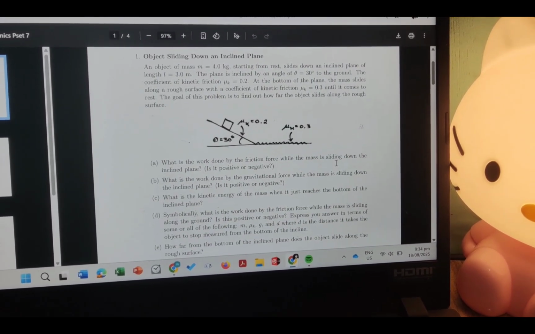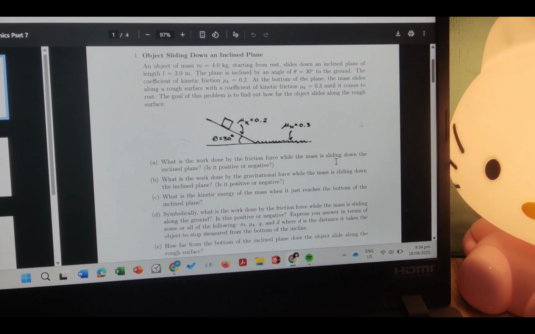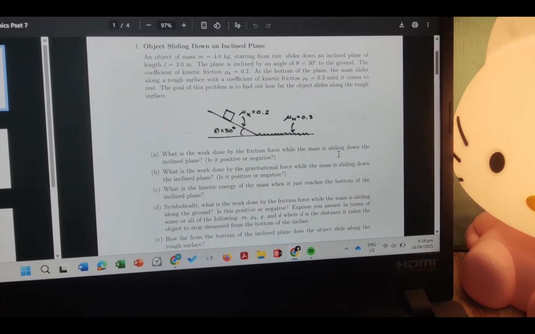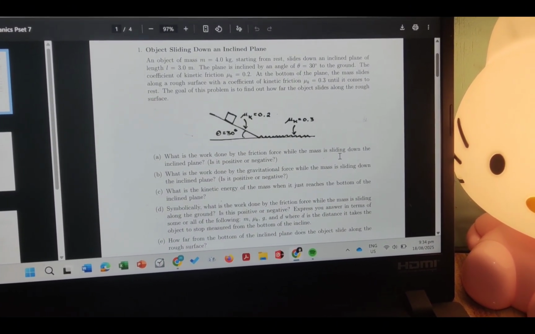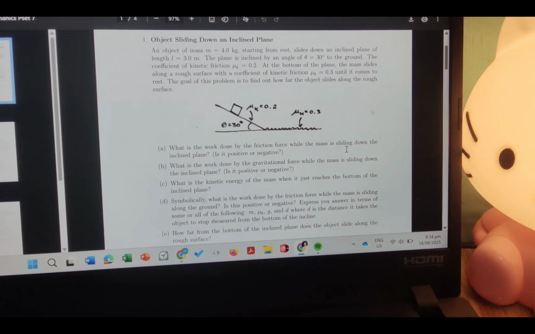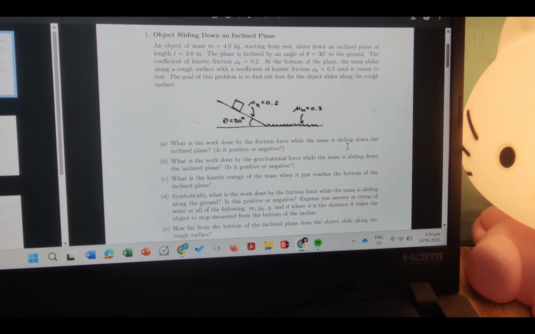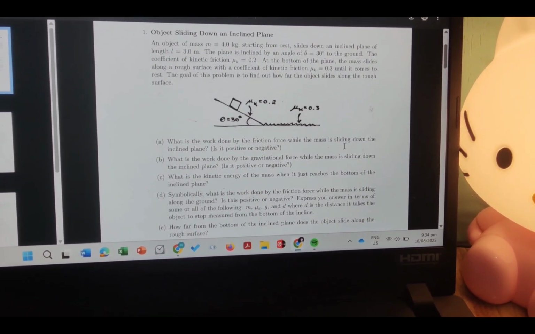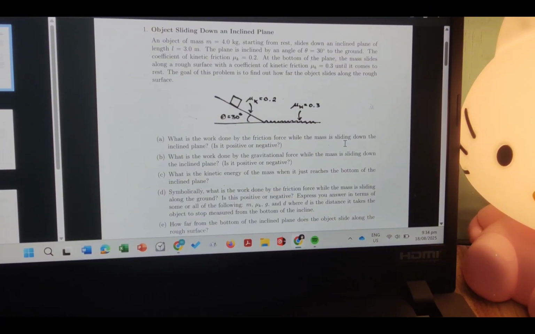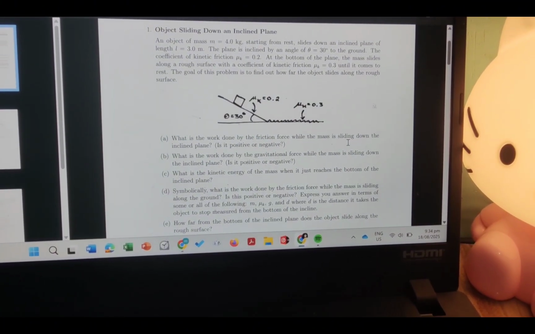At the bottom of the plane, the mass slides along a rough surface with a coefficient of kinetic friction 0.3 until it comes to rest. The goal of this problem is to find out how far the object slides along the rough surface. Since letters A and B were already answered by my team,